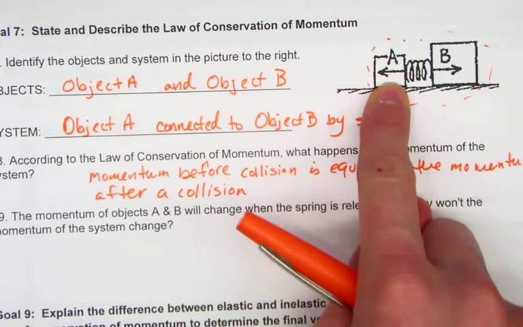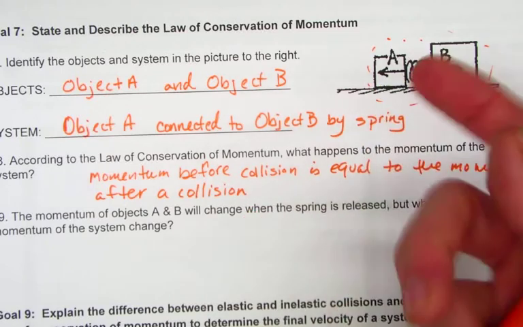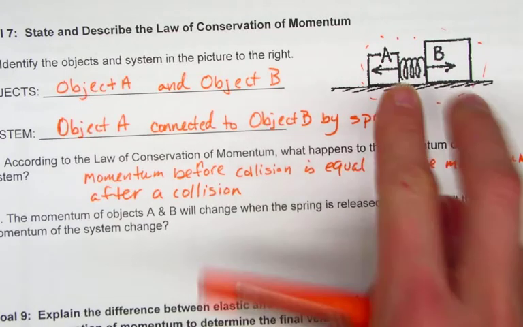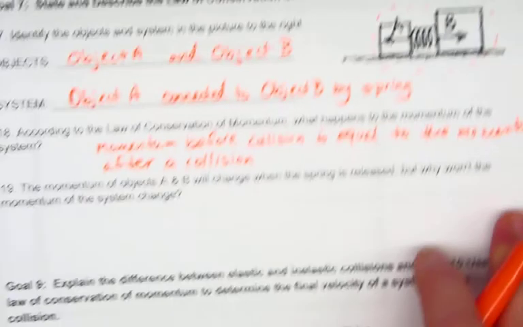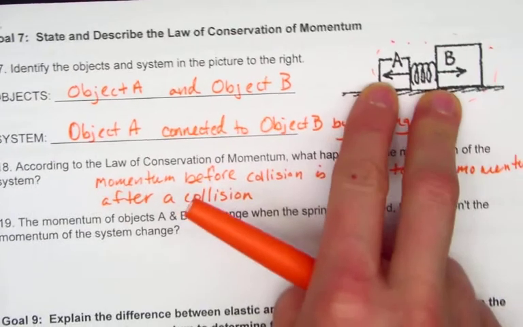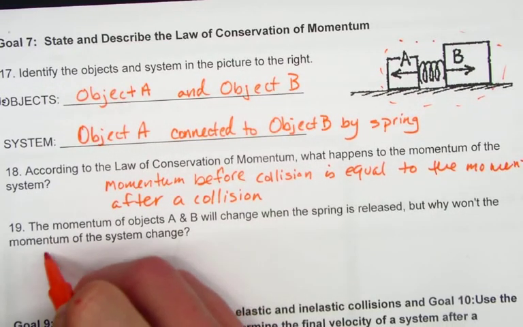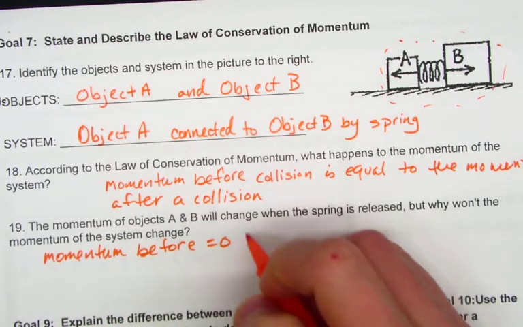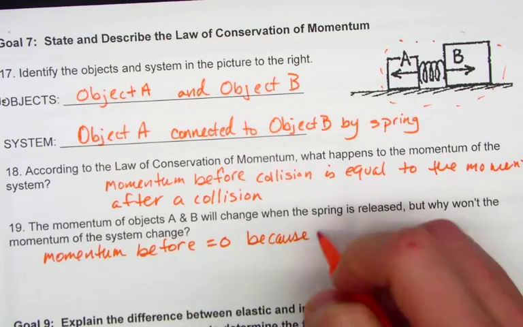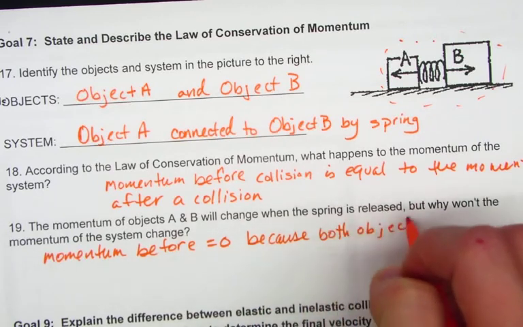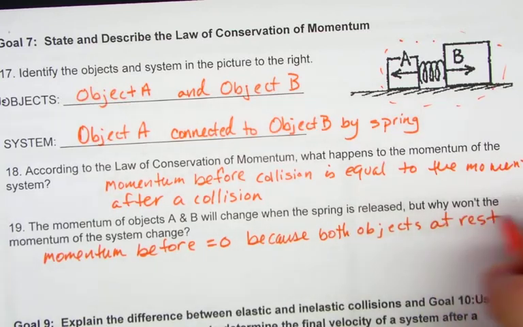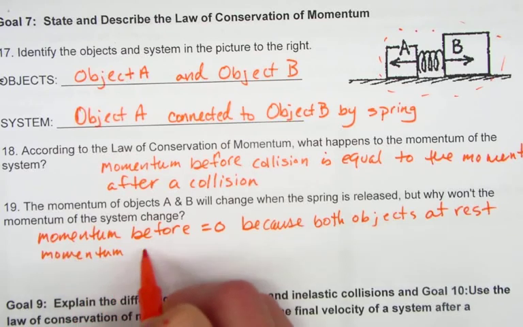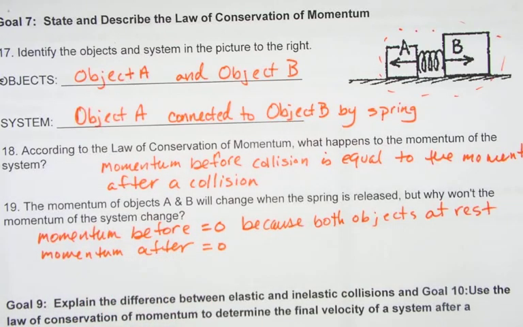So both of these start at rest, and A is going to move to the left, and B is going to move to the right. So what's going to happen is they're going to have equal and opposite momentums. In this case, here's what's happening. Beforehand, the momentum before equals 0 because both objects are at rest. Okay. Now, when they start moving, the momentum after is also going to equal 0